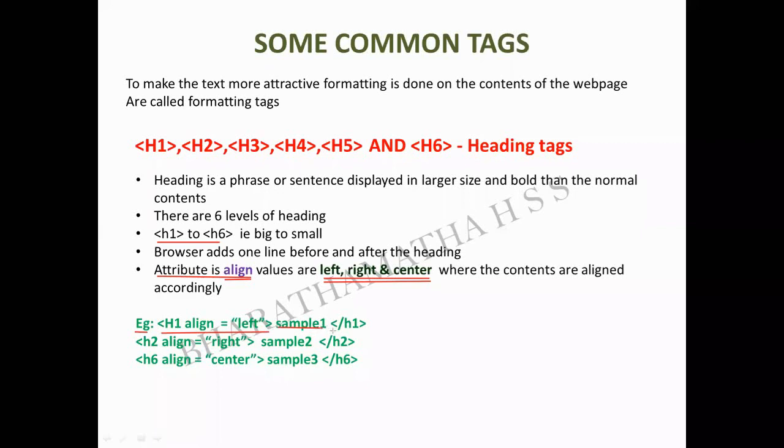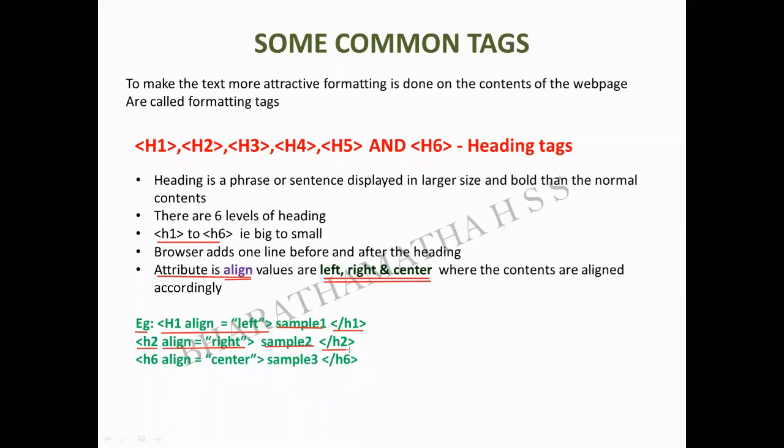Then H1 is a paired tag or a container tag. So here now you are closing the tag. This is how you will be writing all the codings. If you have a container tag, this is your opening part. If you have some attributes added to it, add that attribute and its value, close the angular bracket, then give the content you wanted to add, then close the tag. This is the way you will be writing your paired tags.